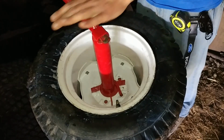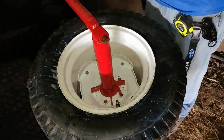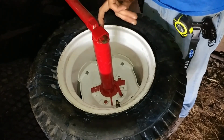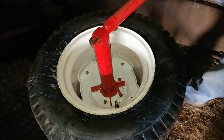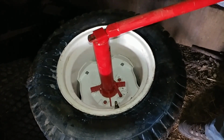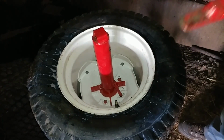Oh, and just so you know, don't put your hand over top of this while you're turning. I took out a huge hunk of skin in here because this is a pinch point. I should have known better, but you just tighten this thing down until she's good and tight. And then